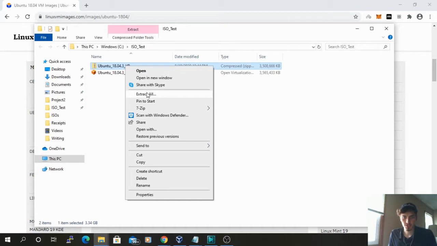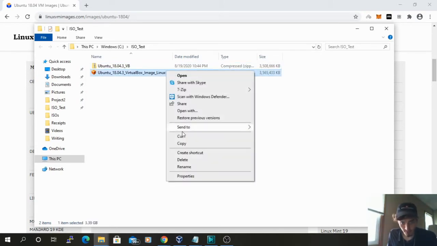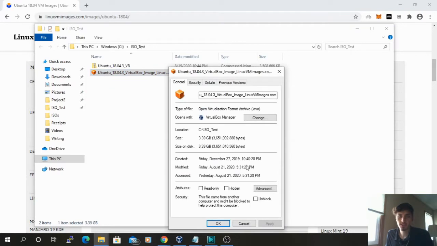You can just do extract all if you're on a Windows, and once it goes through this lengthy extraction process, which usually takes anywhere from 5 to 10 minutes depending on how quick your computer is, you'll end up with a file that looks like this. You see this little orange box here, and the file type, if you can just double check here, is going to be a .ova. It's an open virtualization format archive. Once you have that